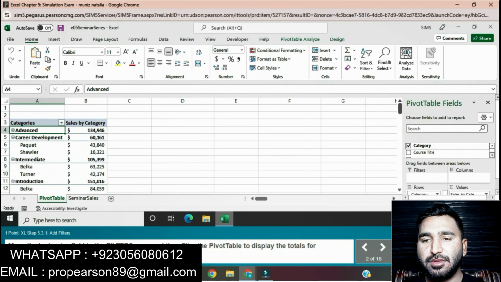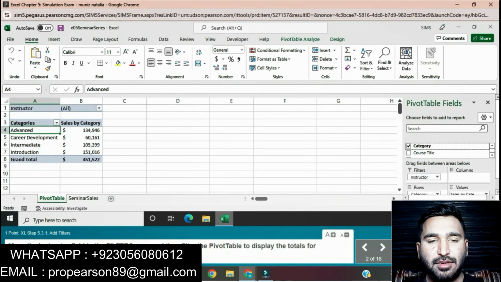We will move this instructor field to the filter area and then filter the pivot table to display the total for instructors Belka and Turner.